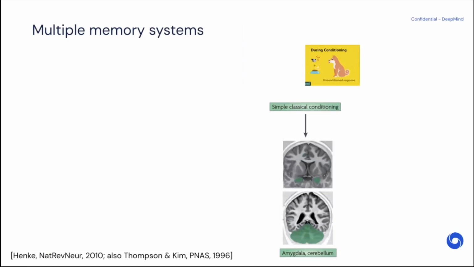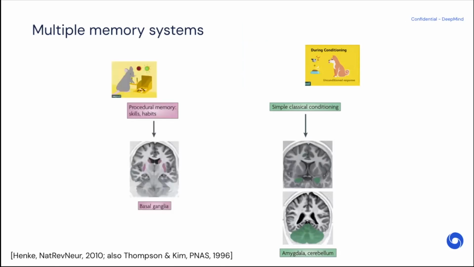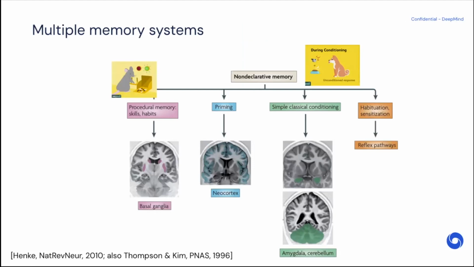Of course, there are many more memory systems, and this is just one memory system of simple classical conditioning. But we have a lot of other memory systems, non-declarative memory